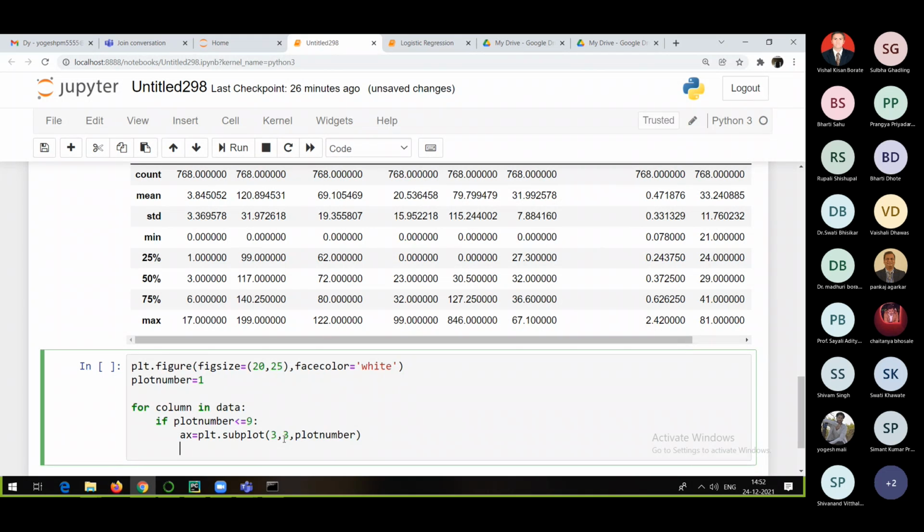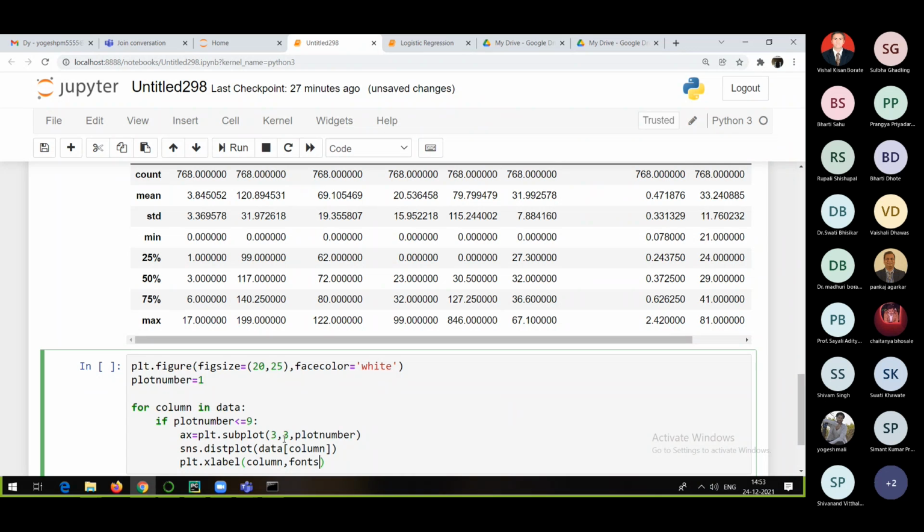So I am going to have axes for all those things, and on those axes I am going to plot the distribution plot, distplot. In the new version it is called displot. So sns.distplot, that is distribution plot, for what? Data of every column. For every column I am going to do that. And then if you want, you can give plt.xlabel, give the column name for the x label, right? And if you want some font size for that, you can give a font size.